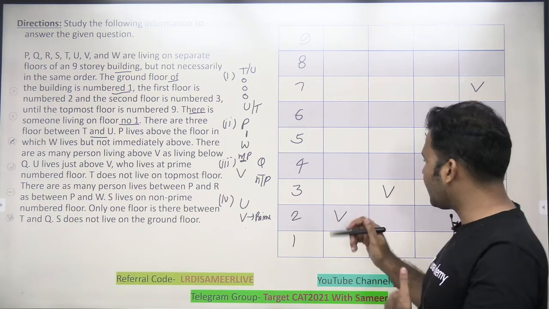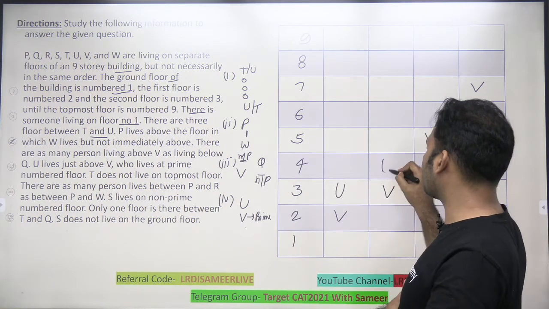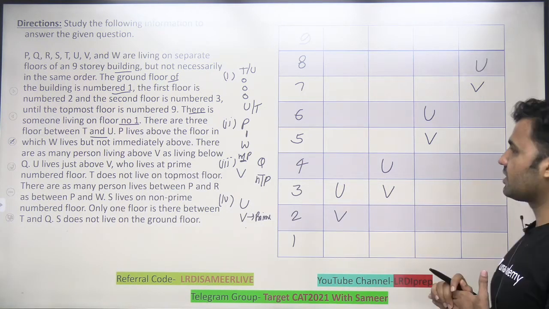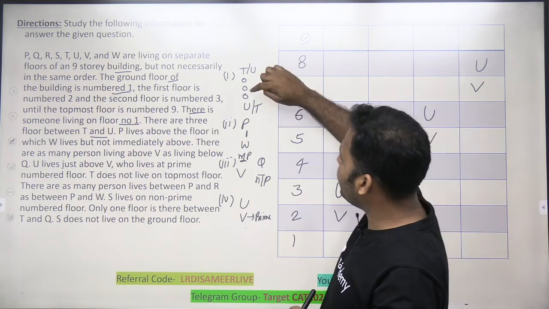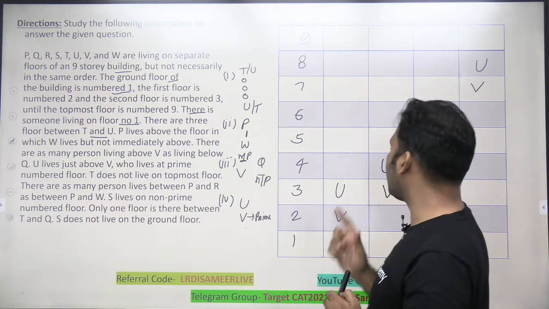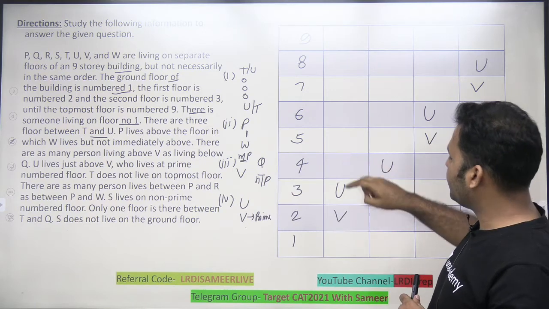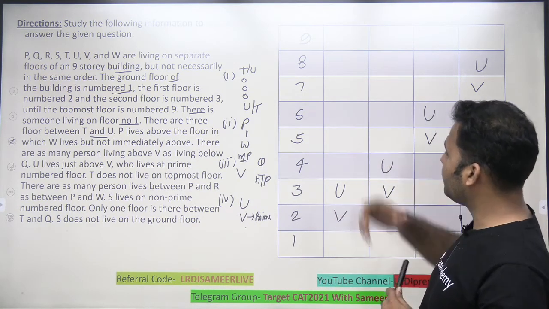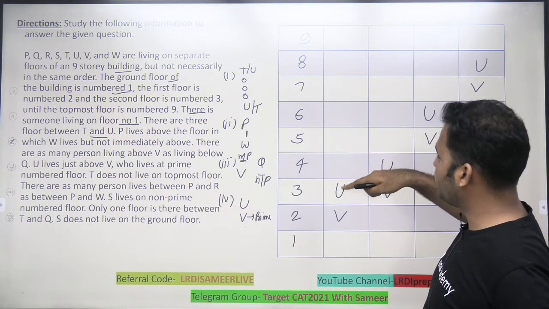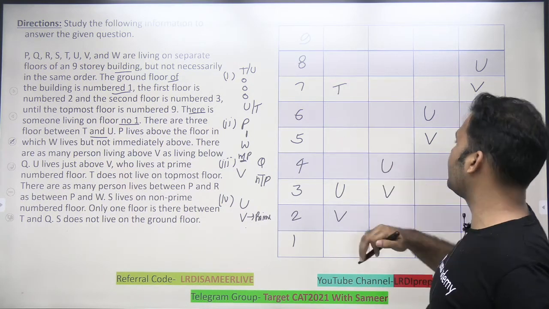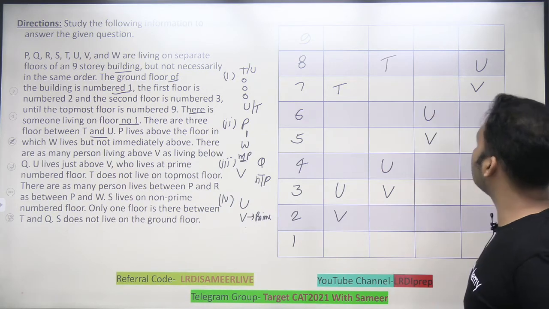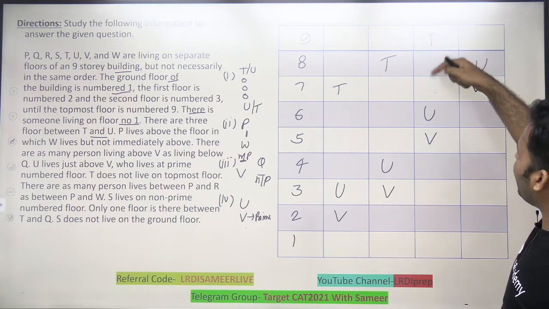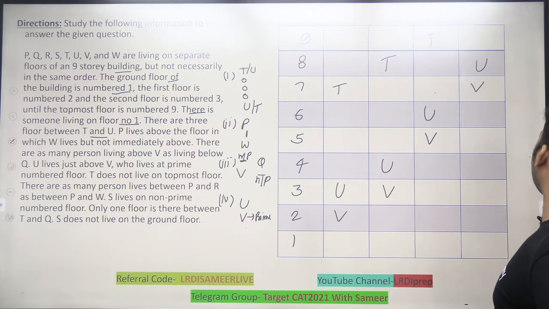Now U is just above V, so you will be over here in this case, you will be over here in this case, you will be here, and you will be here in this case. And now with the reference of U, you know that there's a gap of 3 floors between U and T. So if U is here with a gap of 3, the gap of 3 is not possible in this case on the lower side, it has to be on the upper side. A gap of 3 floors between U and T means T will be over here in this case, T will be over here in this case, and T will be over here, right? But again, a gap of 3 is not possible here, right?